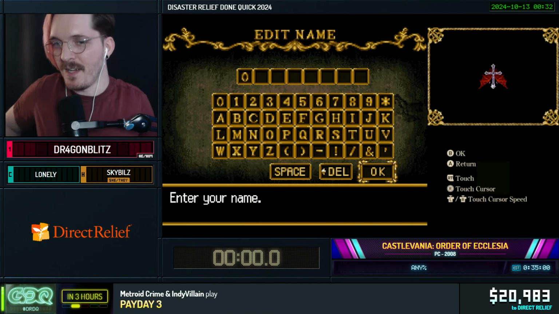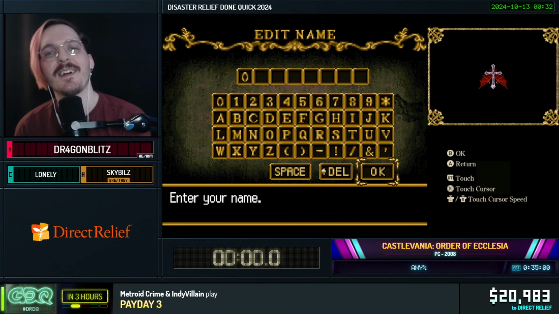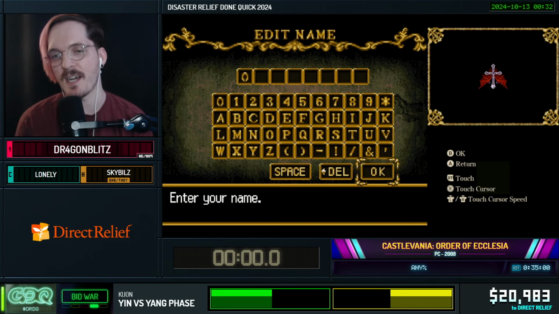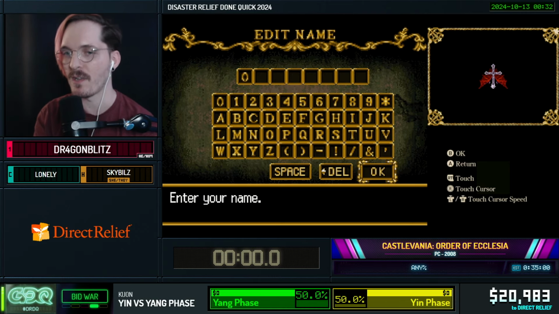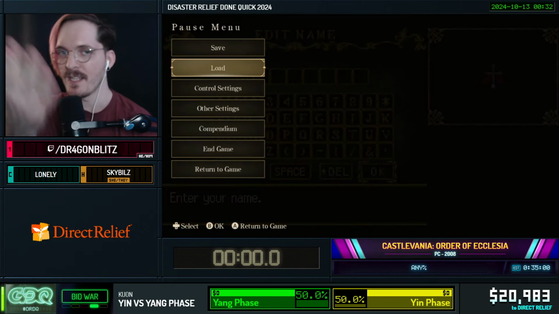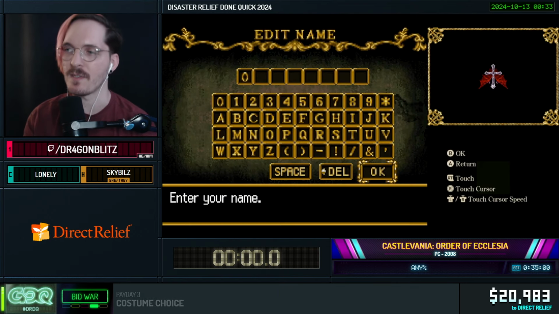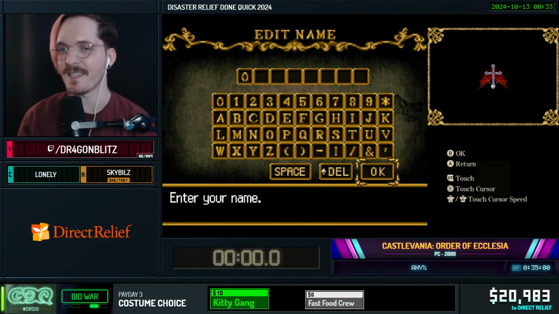This is going to be a little bit of an interesting run. This route is pretty darn new as far as Order of Ecclesia is concerned. We're playing this on the Dominus Collection on PC, which is really, really nice. There are some RNG things that need to go our way for this run to work, so I do have some backup save states that are built into the actual collection, which is really, really nice. You can do save states and save loads and stuff like that. I'm going to try and prevent myself from using it unless absolutely necessary, but you know, it's a marathon run,